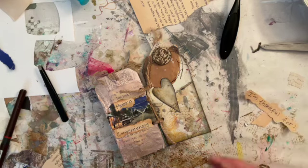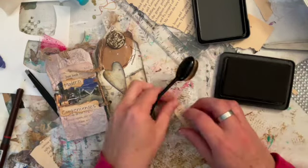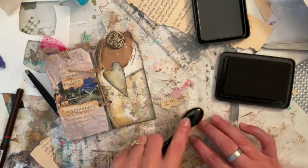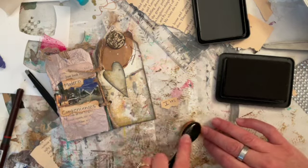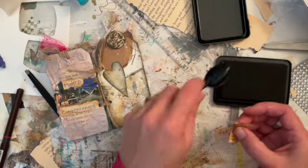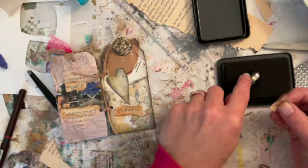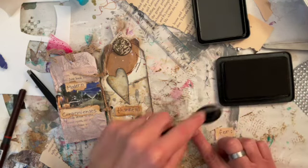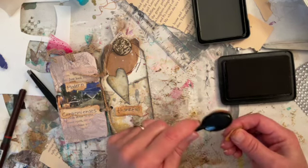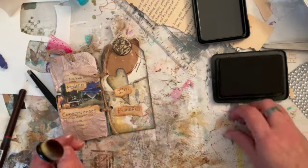So let's go ahead and get the ink out. I'm just going to do what I did the last time here. Actually, let's get these torn apart. I'd still like the edges to be darker, but I'm not going to be too picky. Oh, see, that tears. I have to be careful with this paper. Okay, I'm thankful